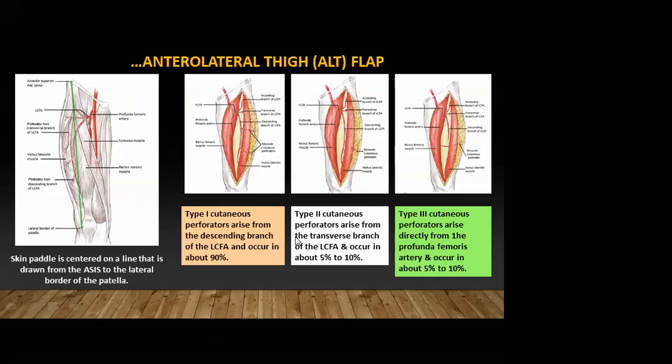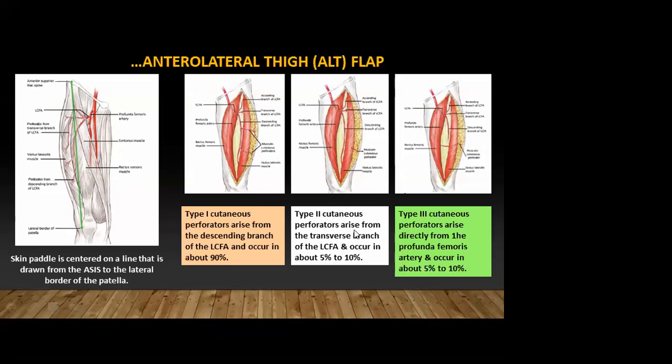There are three types of cutaneous perforators for the anterolateral thigh flap. Type 1: the cutaneous perforators arise from the branches of the profunda femoral artery, that is the lateral circumflex femoral artery, which has three branches: the ascending branch, the transverse branch, and the descending branch. In type 1, the perforators arise from the descending branch of the lateral circumflex femoral artery. Type 2, that is the commonest type,